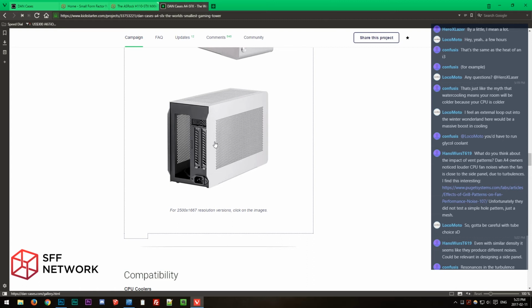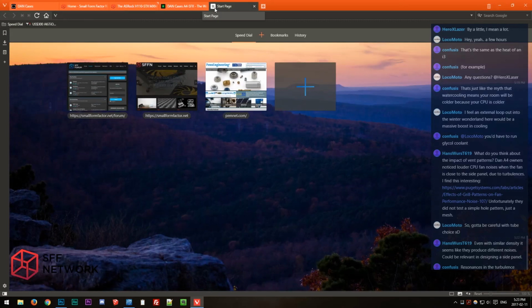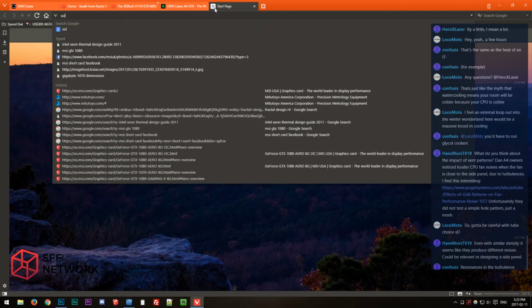Whereas on the Dan A4 they are, and the fans on the video cards are thin fans, because there just isn't room for anything else, so they don't have a ton of static pressure anyway. And then you put it almost right up against this vent, and yeah, I can imagine that the noise is a problem. And same thing with the CPU fan, it's right up against the vent. So yeah, you just have that same problem, which is actually, and we talked about this on the